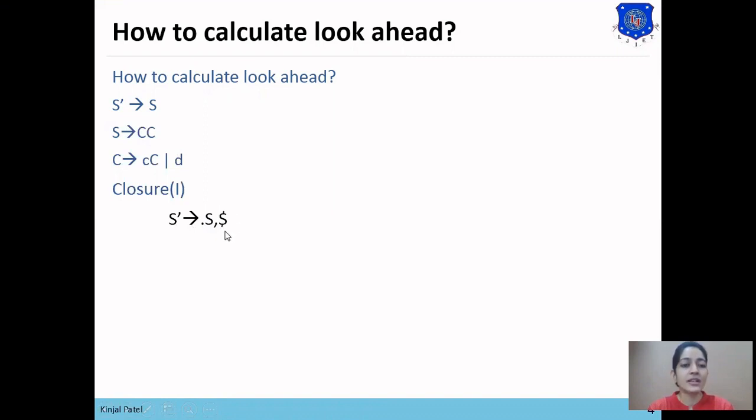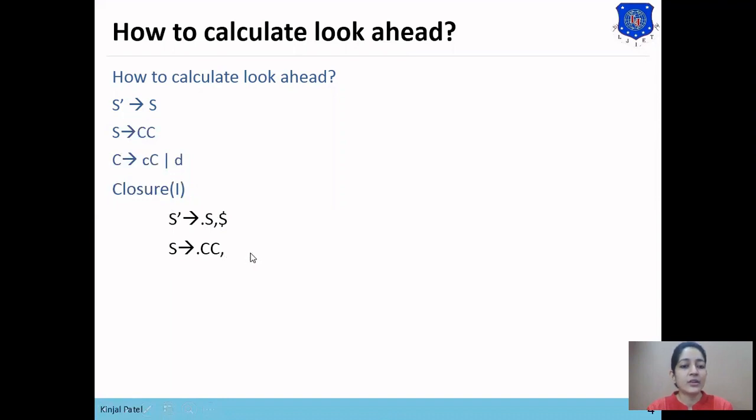Dollar is the look ahead symbol, which means in the production of the starting symbol we place dollar as the look ahead symbol. The rule of closure says that if dot is present at the beginning of a non-terminal symbol, then add the production of that non-terminal symbol. So we'll place the production S derives dot CC in this set.